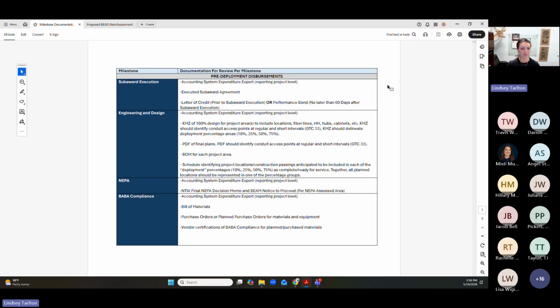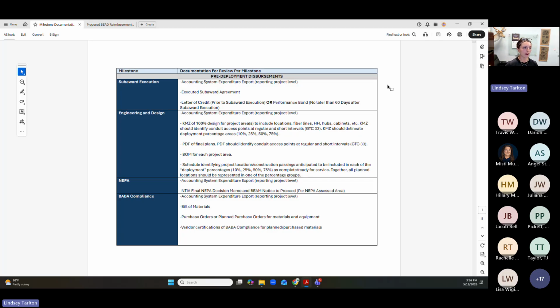So you'll be getting some reach out from our team just to be able to meet with you guys and whoever would be appropriate from your accounting team that would be involved in the process for reimbursements and payments and all of that, so that we can see any type of systems you guys already have in place, make sure that it's exactly what we would need to see in order to review.